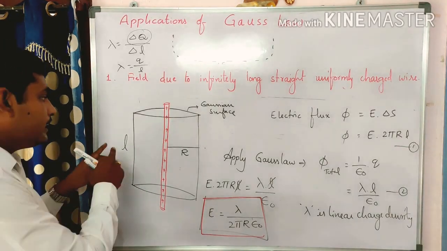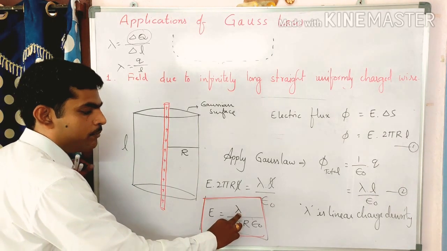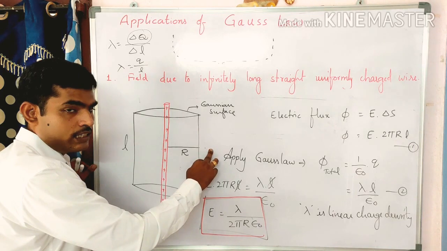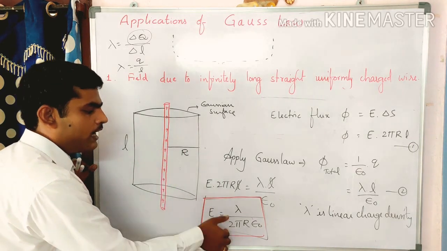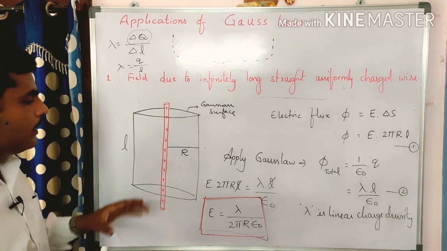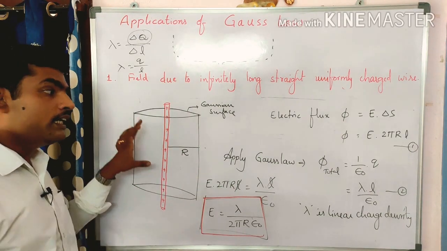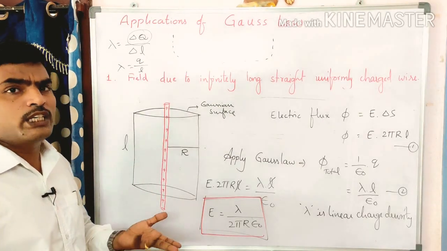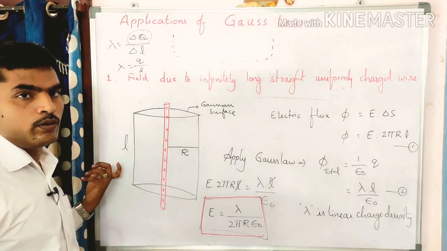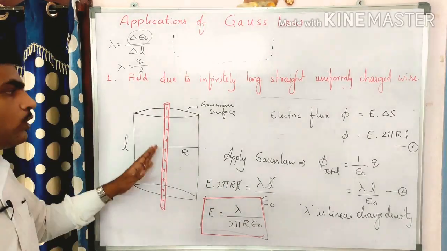Okay, now on what is it dependent? This electric field is dependent on lambda as well as r. It is dependent on the distance from the conductor, as well as the linear charge density. If linear charge density is more, electric field is more. Are you understanding? Linear charge density, amount of charge is more, density is more. It's nothing but charge is more, so when charge is more, electric field is more. Right? E is proportional to lambda. It is independent of the length.